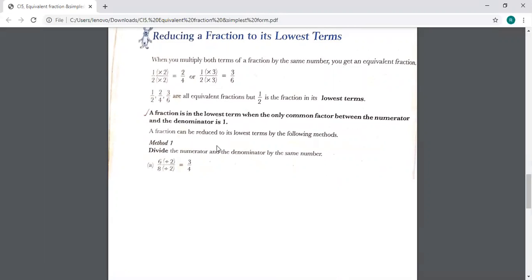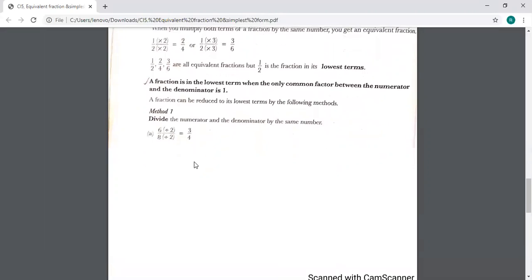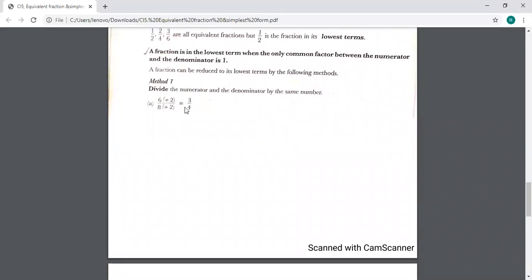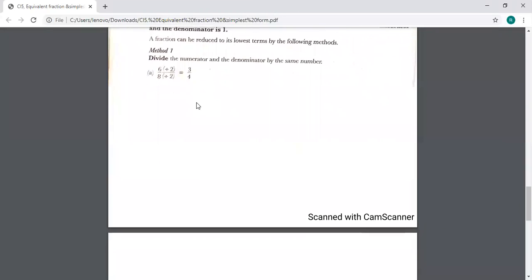And so how do you get the simplest form? By dividing. Then only you'll get the simplest form. So equivalent fraction by dividing. So 6 by 8, how do you get the simplest form? You divide by 2, you get 3 by 4. Is there any factor which you can divide and make it more simple? No. 3 by 4 does not have any common factor except 1. So this is the simplest form.